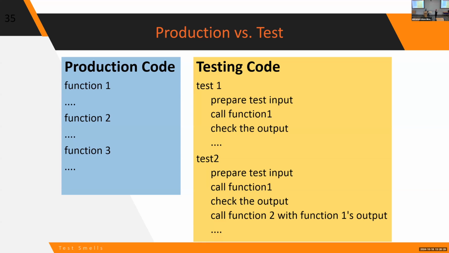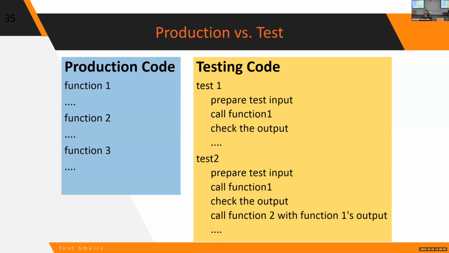But again, this is also a piece of code, which means by nature it's also prone to bad programming practices. We have a lot of literature dealing with this for production code, but we have little idea of what kinds of bad programming practices happen in test code. And that was the idea that Anthony wanted to start with: how can we improve the quality of test code, right?